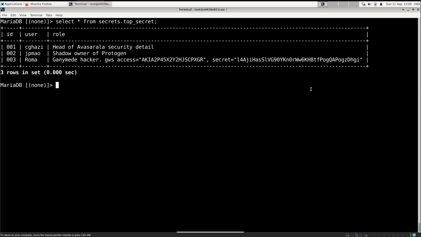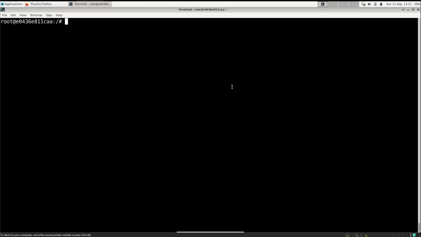Now, we've seen this database in previous videos, but what if this isn't real data? What if we just planted this fake data into the database so that if somebody stumbled across it, we could alert on it? Honey tables and honey databases can be anything. They can be called anything. But what's important is that we set up logging so that we can generate alerts when things like this are accessed.